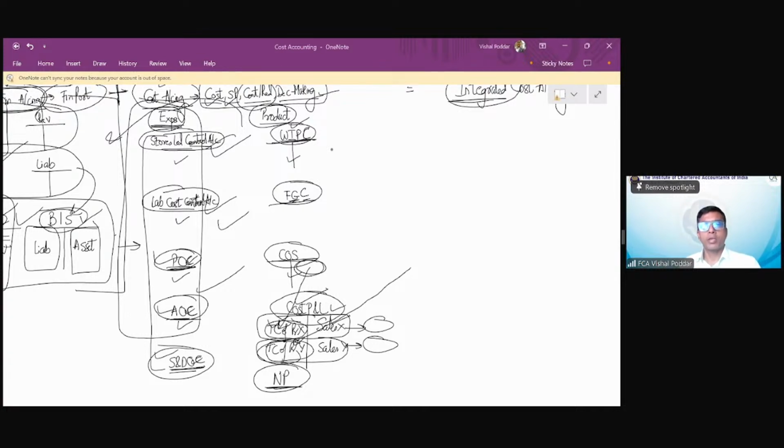Now students, let us try to understand what is this integrated and non-integrated. From what I have explained from the start, for doing my cost accounting and achieving its objectives, I will require these accounts: the first one is material, you have labor, then you have the three overheads, you have the three products and the cost P&L. Now with these accounts, my cost accounting objectives are satisfied. But the problem is,